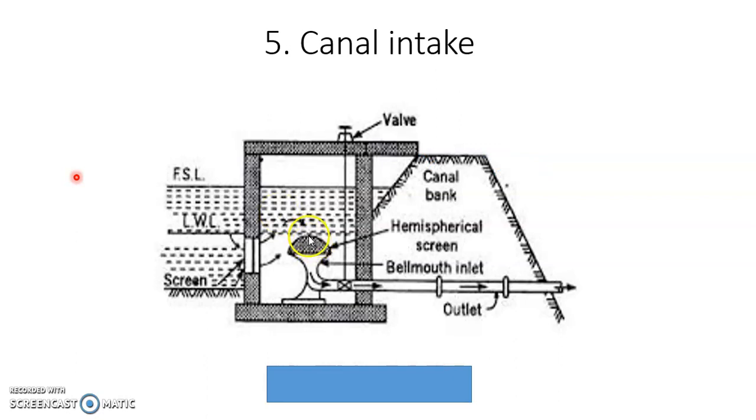Within this bell mouth structure, on the top side, there are coarse screens. These coarse screens serve the same purpose as we have seen in river intake and submerged intake. They remove the coarse particles, the boulders, the large wooden logs, bodies of dead animals. These are all separated away. They are not allowed to get into the penstock and choke the penstock.